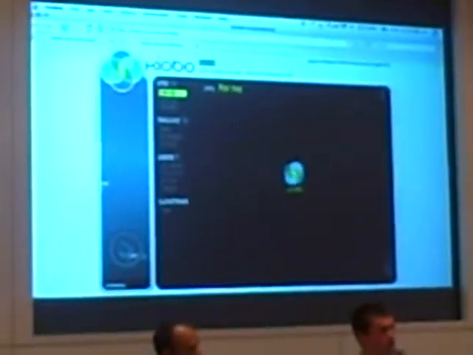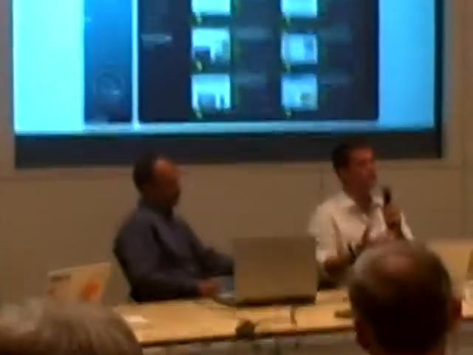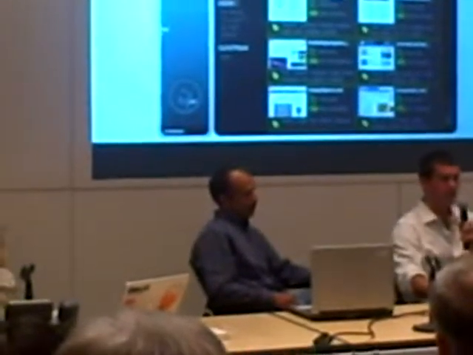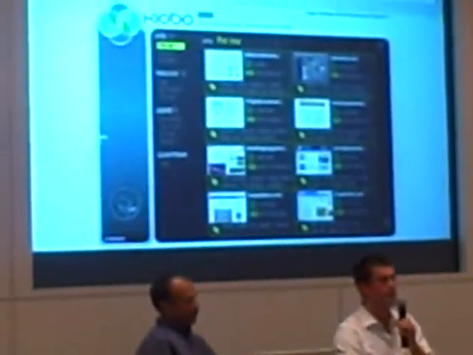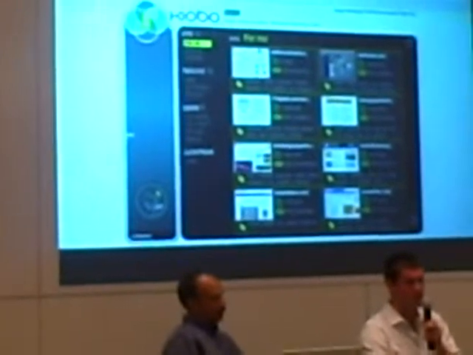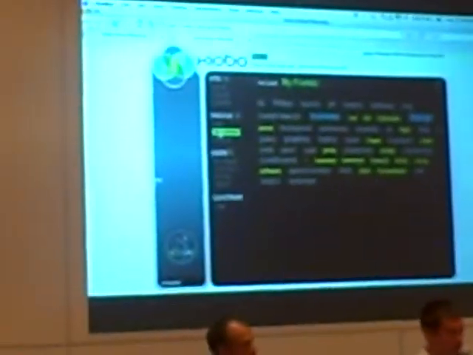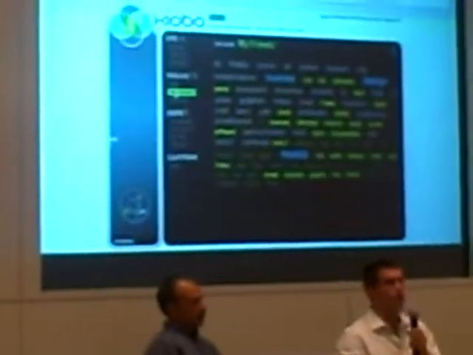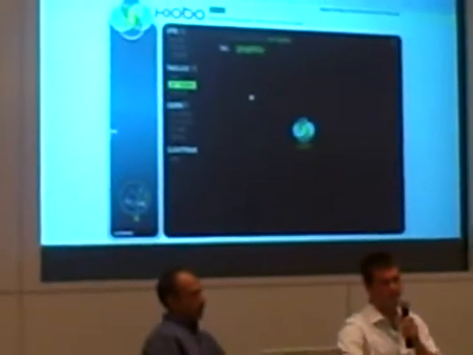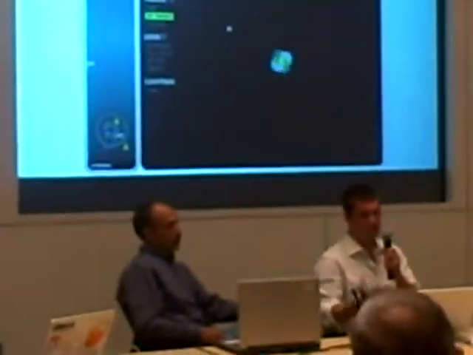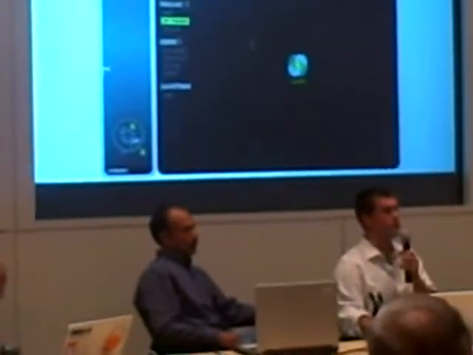Okay, and here on the right side, we've also generated a little bit of a synchronous representation of what's going on. It gives me, for example, recommendations depending on my past browsing behavior. It gives me my tag cloud, or more importantly, it gives me my friends' tag cloud. So say I'm a business school student, and everybody that I know is part of the Kiobo community, I'll be able to see sites that they've found with these specific topics. So for example, if all my friends like graphic design or graphics, I'll be able to see what they've browsed